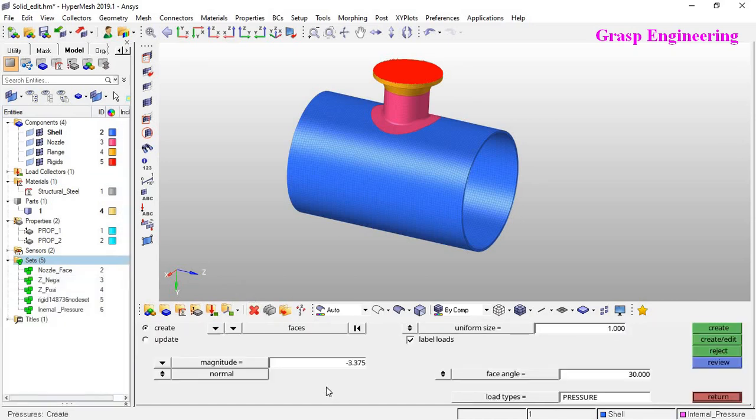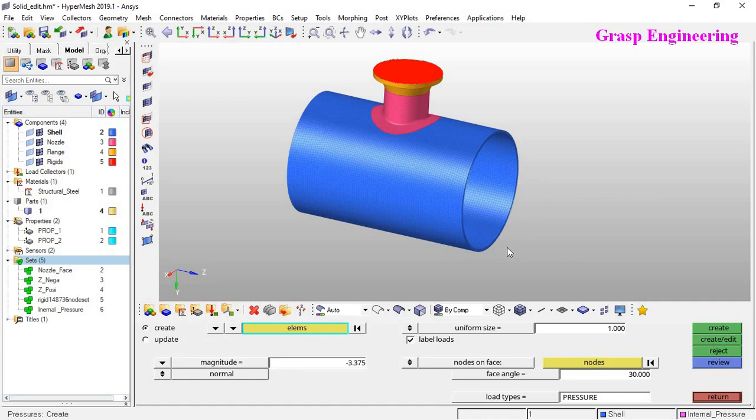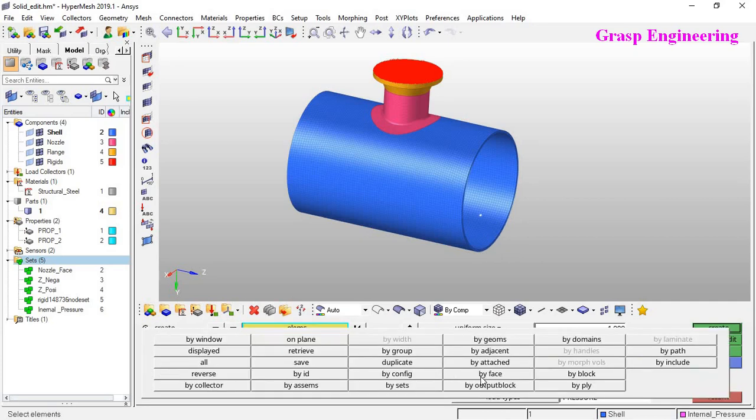So let's click on the pressure, and here you can define on what elements or element faces, or where you want to apply, like element by face.